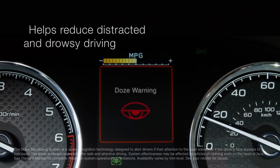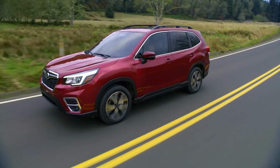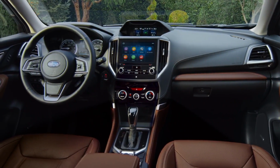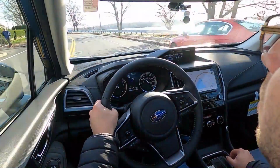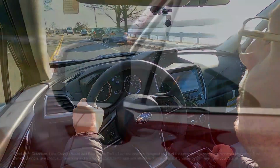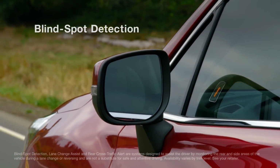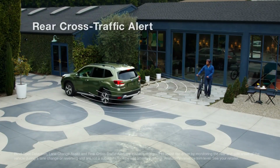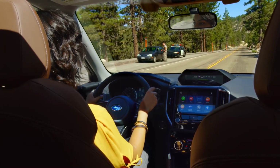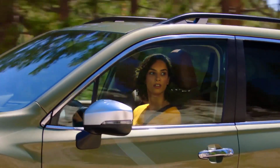But as you work your way up through the different trims, additional safety systems are going to give you that extra peace of mind, whether it's you or a loved one taking the Forester out for the day. Available for the Sport trim and up will be blind spot detection and rear cross traffic alert to go along with reverse automatic braking. However, if you were to opt for the Touring trim, facial recognition software makes its way